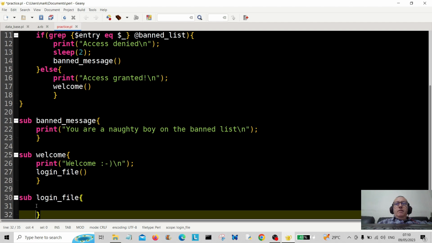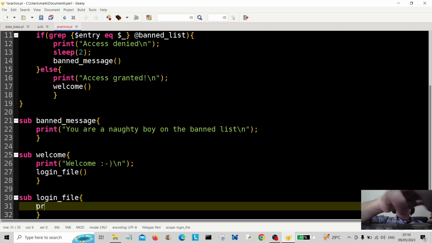Okay, so login file, we're going to print creating file, new line there,